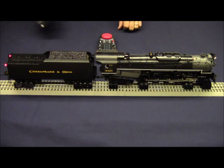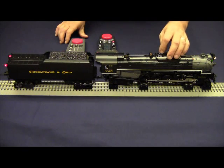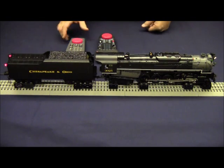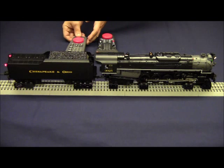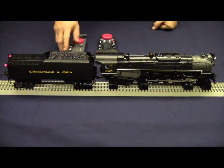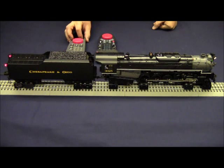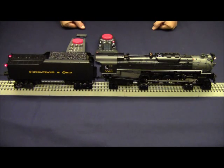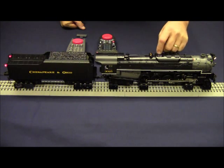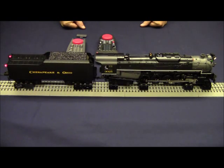If you're using a Cab 1 remote for TMCC1 or Trainmaster 1, we can go ahead and slide the switch back to program. And on the remote we want to remove the bottom cover to access the set button. We can press engine, 2, 5, and set. The whistle confirms that it took the command. Now we simply slide the switch back to run, and the engine will only respond to engine 25 from this